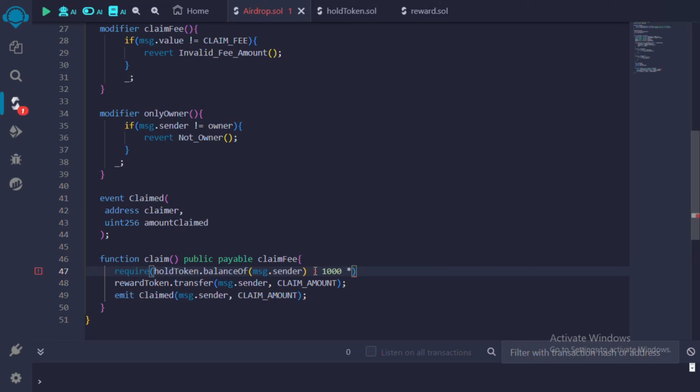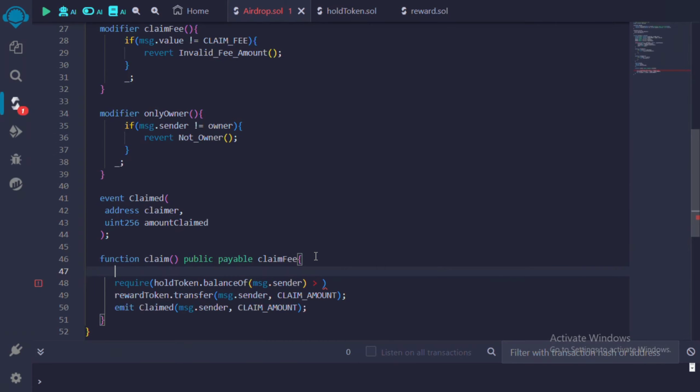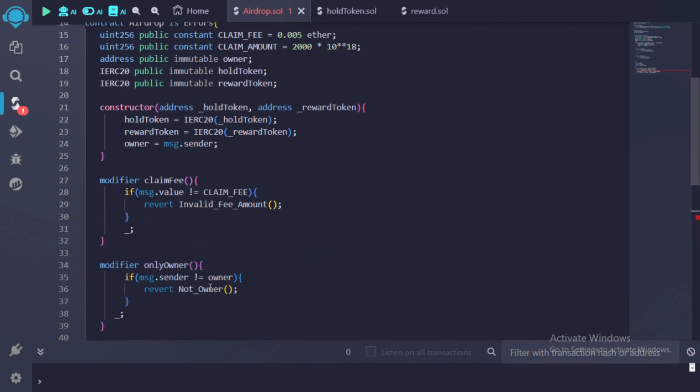So let's not hard code 1000. We're going to declare a uint256 and name it eligibleBalance, equal to, let's say, we need the person to have at least 1000 tokens multiplied by 10 raised to the power 18. So we want the person to have at least 1000 tokens of our hold token, the token to hold. So it must be greater than eligible